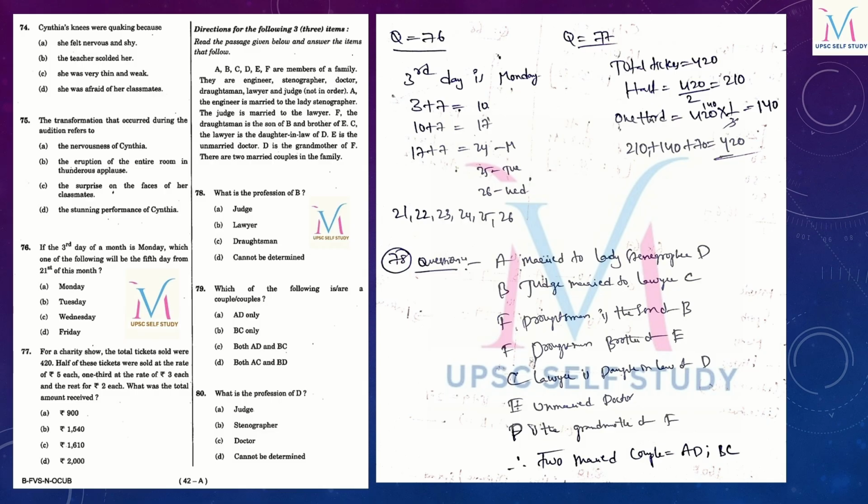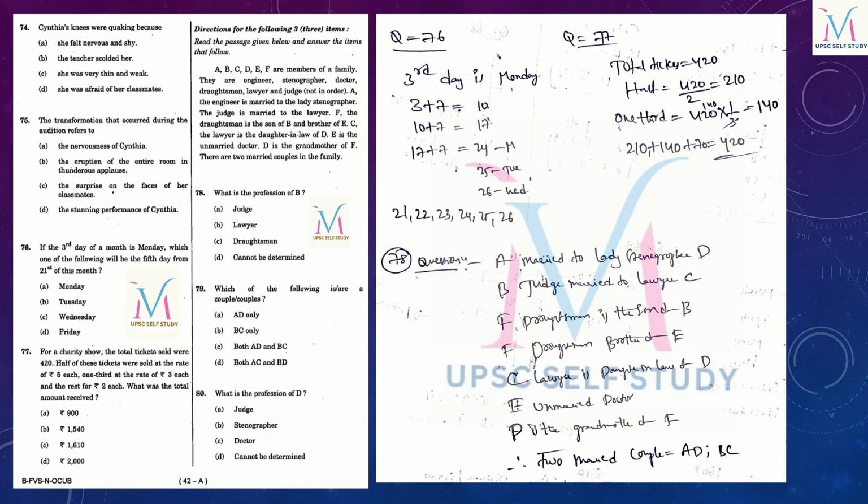So now half tickets, how many are there? 210 tickets. These 210 tickets were sold for 5 rupees. So 210 into 5, we get 1050. And this one third tickets, how many are there? 140 tickets were there. These 140 tickets were sold at the rate of rupees 3, which means 140 into